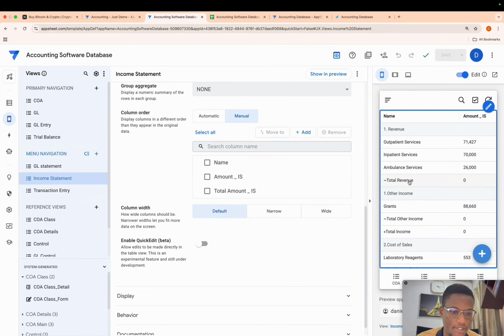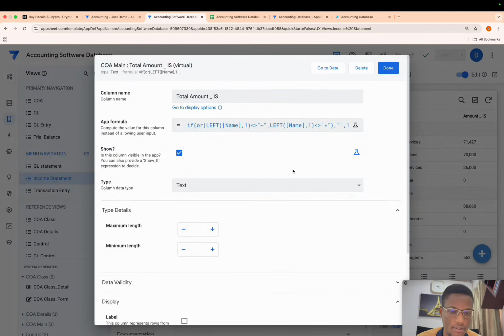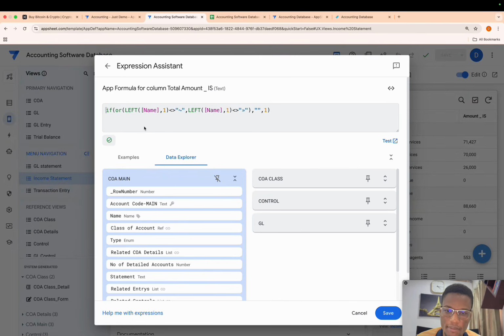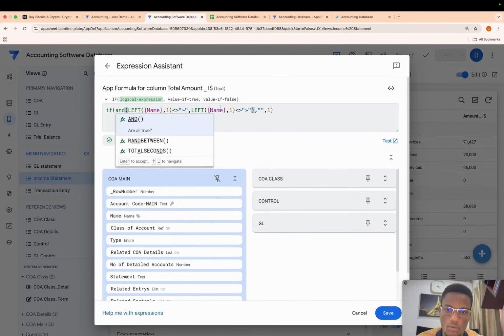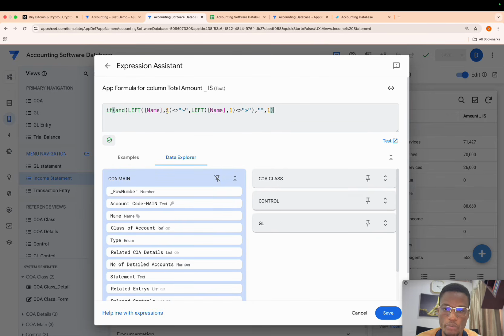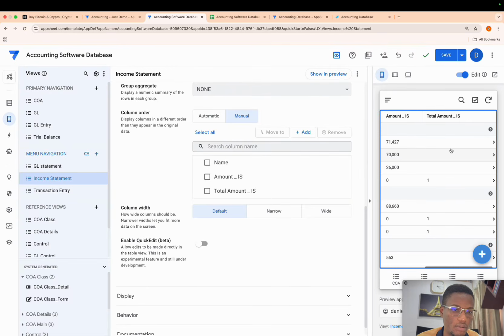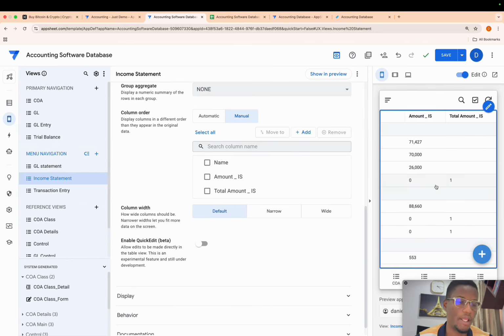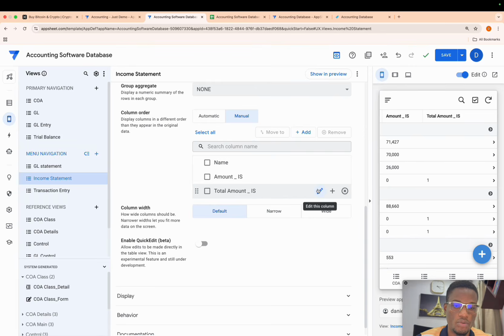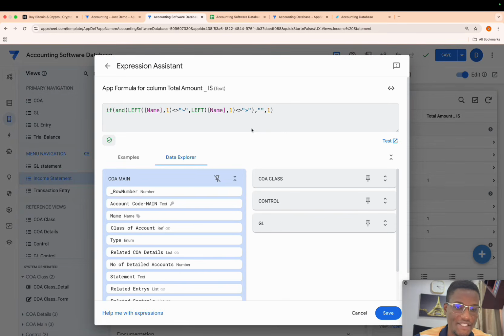What we were expecting was that, let me see, we're saying that if the name does not contain this or that, it has to be and, not or. Because it can contain one or the other, and then you will get nothing. So and will make sure that the ones that we want to pop up will show. Okay, good.